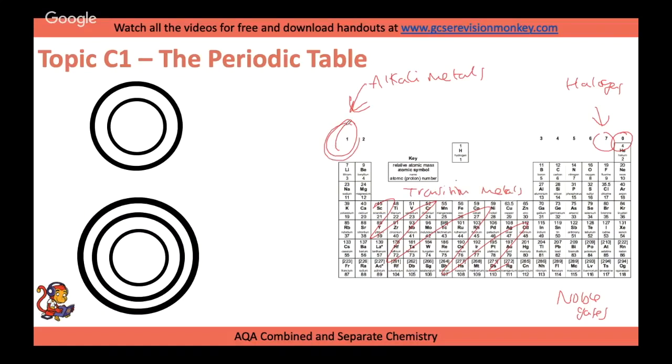Let's look at group 1. You might be asked about reactivity. So lithium here, and yes, you might be asked to do dot and cross diagrams in your exam. Lithium has 3 electrons, like so. And don't forget, it's positively charged, positive charges in the middle, and it's got 3 protons in the middle. The positive charge